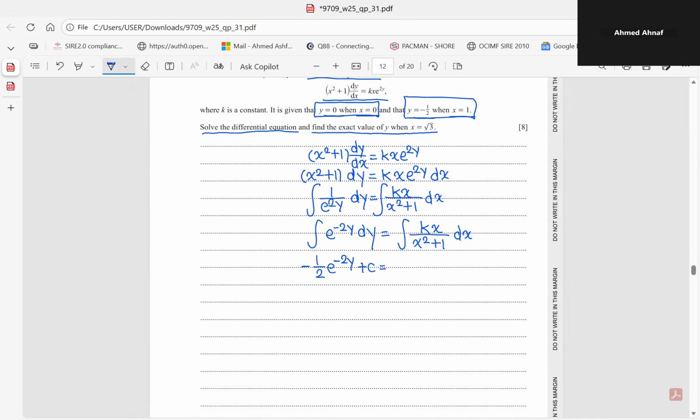So we have to differentiate the denominator. So differentiating it, you would get 2x. So we can put 2x over x squared plus 1. And then to preserve the k,